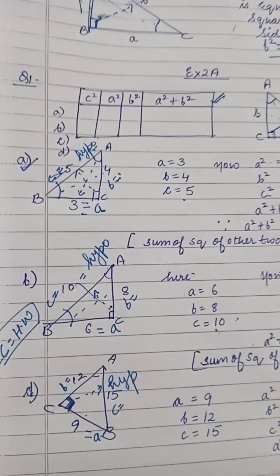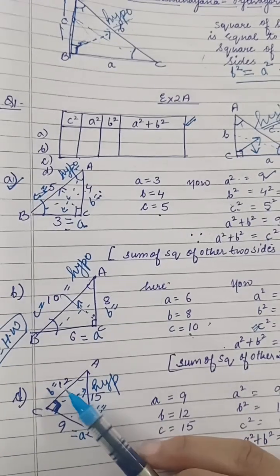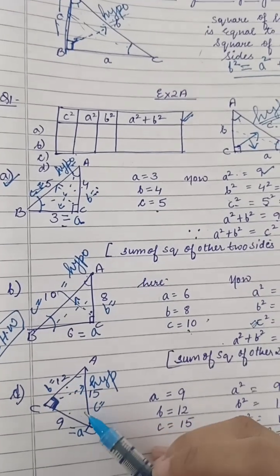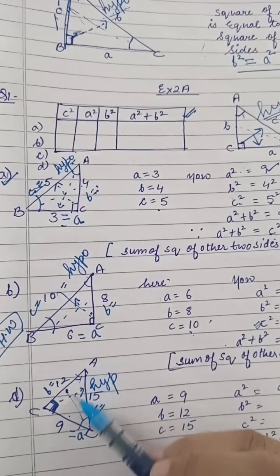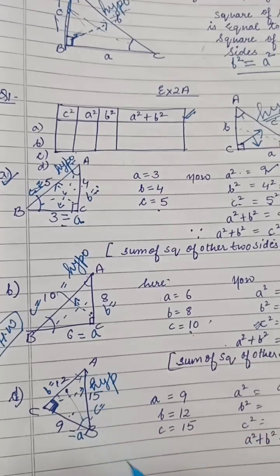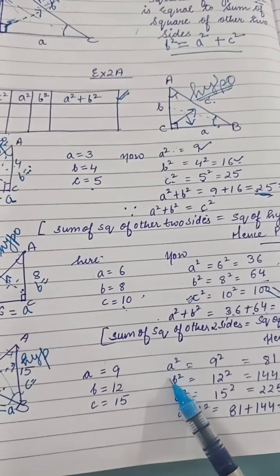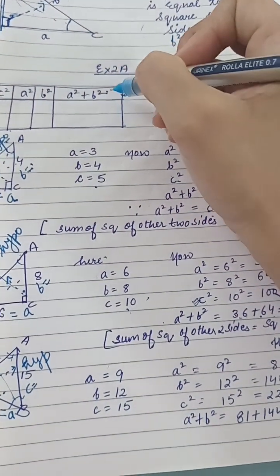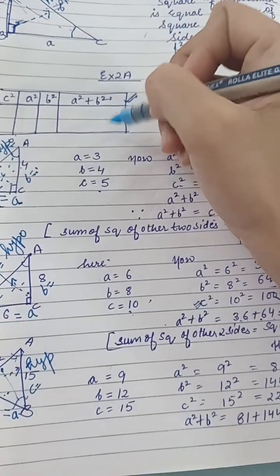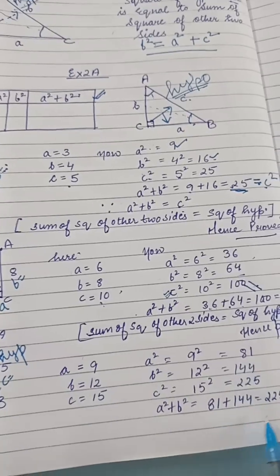Yes. Now, what is the value of A? 9. What is the value of B? That is 12. You have to see the opposite because in the question they have told you. Okay. Angle B opposite side, angle A opposite side, angle C opposite side. Okay. So I have taken the values. Then they are squaring, that is your A square, B square, C square. Then I add both these, A square plus B square. Why I have added both of these? Because they have asked in the question. They have asked to put the values in this table. Then A square plus B square is 81 plus 144, that is 225.